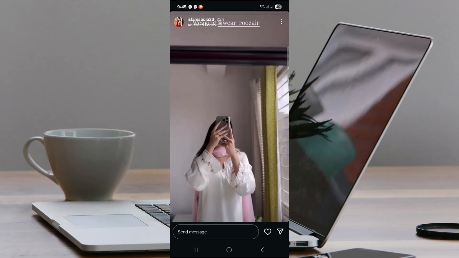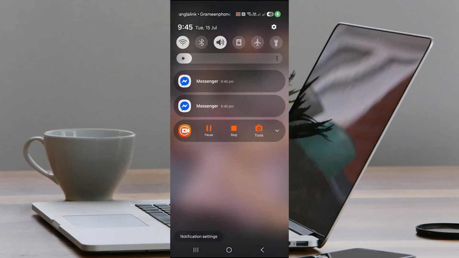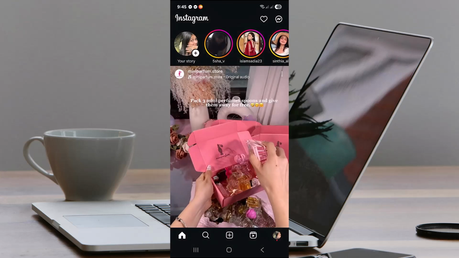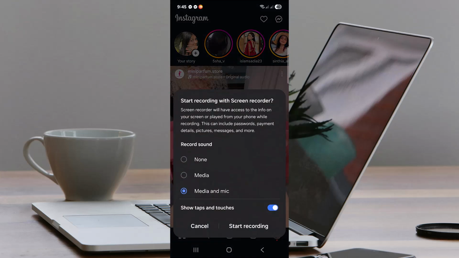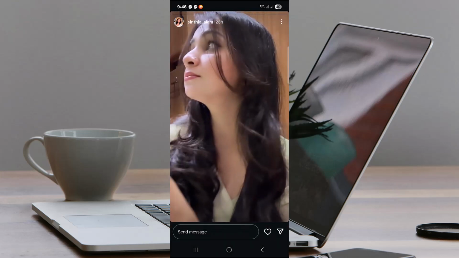audio or the music. So what you need to do is just to go back and start your phone screen recorder. So there will be this option, so must use this media and mic option. Otherwise, if you only choose the media option, then you can't just get the music too. So use the media and mic option and start the recording and head over to that